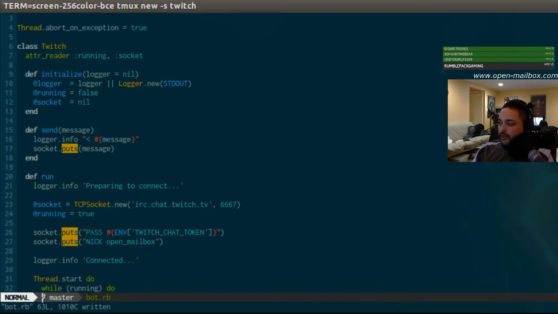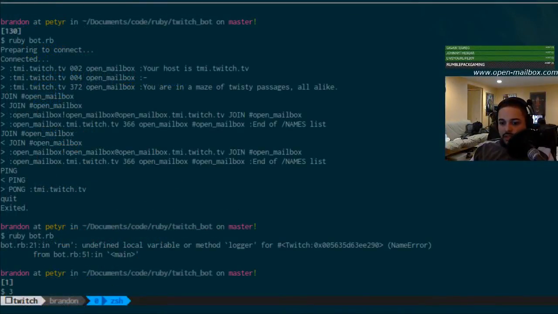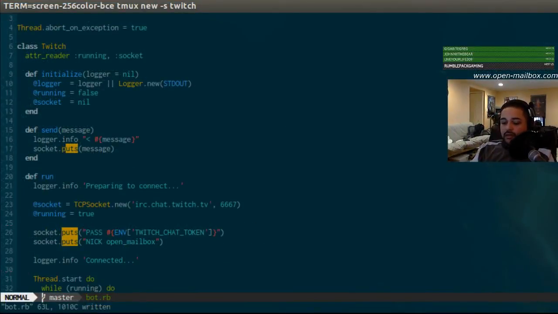What did I screw up? Undefined local variable or method logger. Oh, right. I need to actually make this something that I can reference.